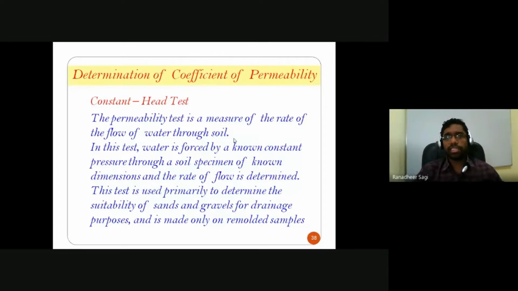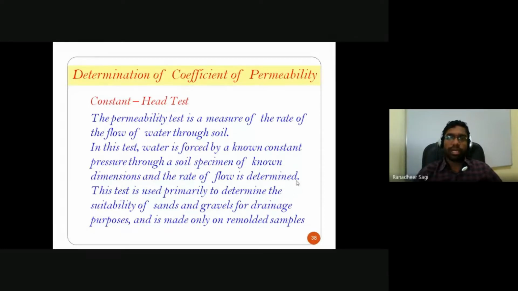The permeability test is a measure of the rate of flow happening through your soil sample. So in this test, water is forced by a known constant pressure. So when I say a total head difference is constantly maintained between upstream and downstream, that constant pressure head, if I multiply by the corresponding unit weight of water, I'll get what is called the pressure with which the water is trying to flow through the pore spaces of the soil sample. That is what we call your pore pressure, through a soil sample of known dimension,